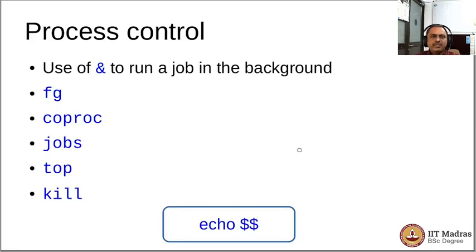We will also see certain process control whereby you could run a program in the background and then you can bring it again back to the foreground. You could run a command while also being able to go on to use the shell. You could also list what are the programs that are running in the background using the jobs command. You could see what are the programs that are hogging the memory or CPU utilization in your computer, and it is refreshed every second. You could look at it using the top command. You could kill some processes which are owned by you using the kill command. So we would actually start exploring the job control starting with the special shell variable $?.